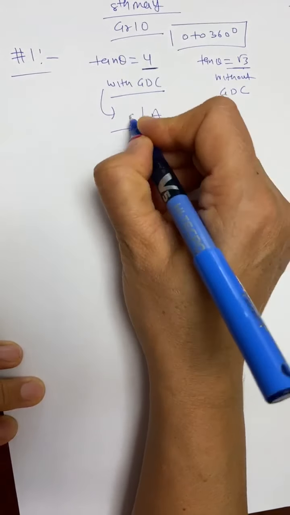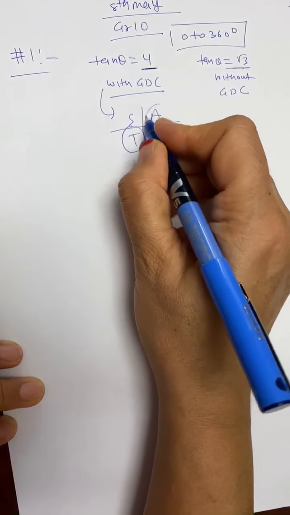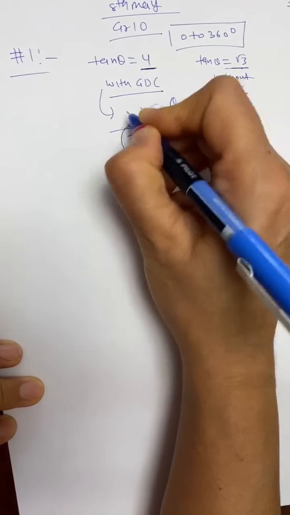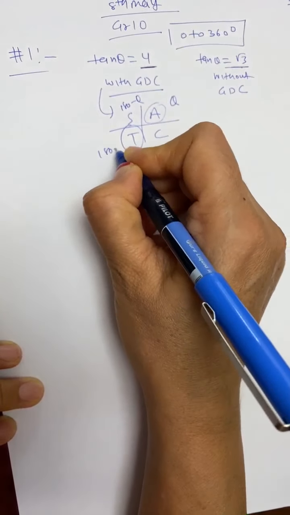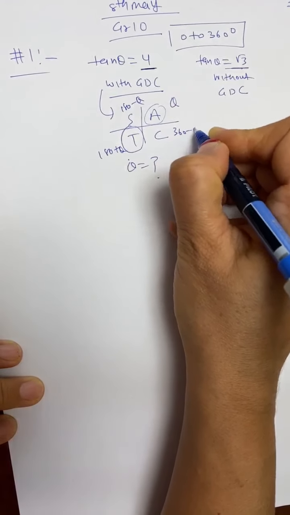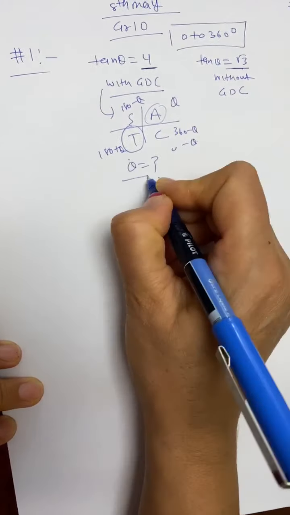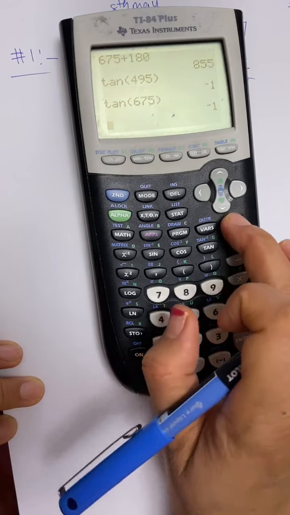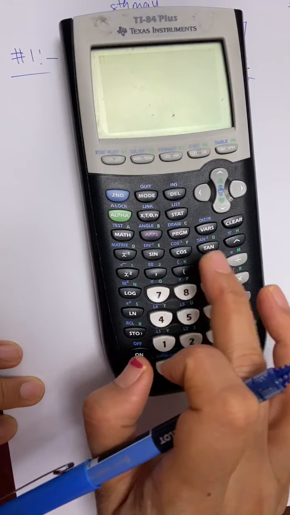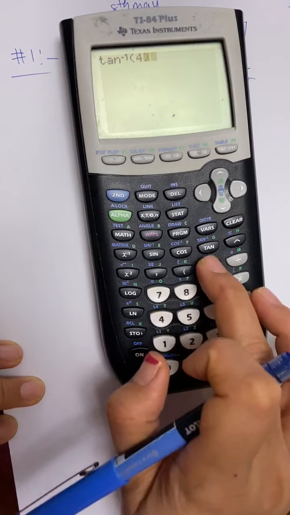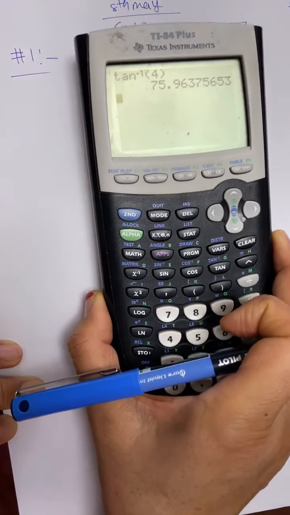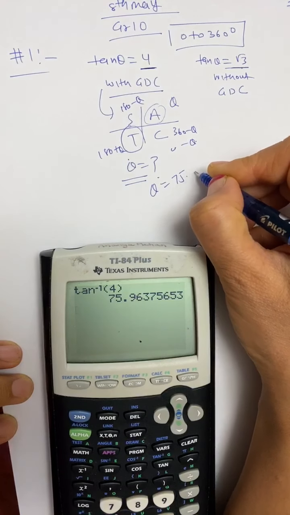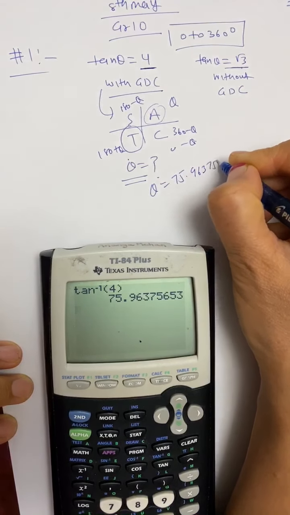Now it's the same concept again. Tan is positive, add sugar to coffee. Tan is positive in the first quadrant and third quadrant, which means the first thing you need to find is theta, because this is theta, this is 180 minus theta, this is 180 plus theta, and this one is 360 minus theta. To find theta, we have to use the calculator. So you press second, tan inverse, and then 4, and that's how you get your first angle: theta is equal to 75.96375. I'm going to round it later.